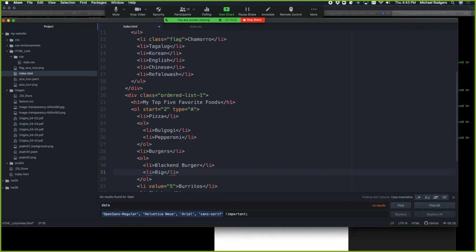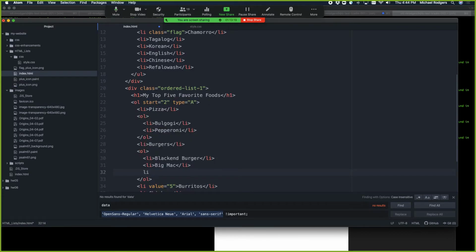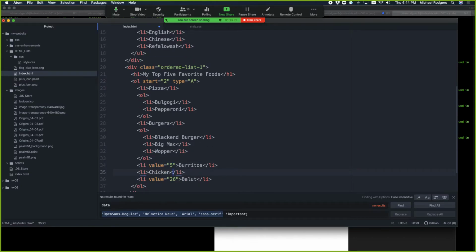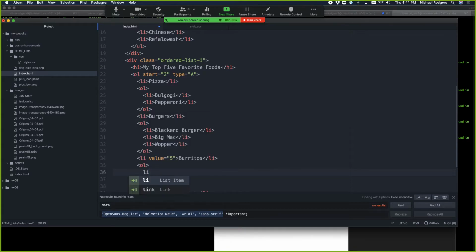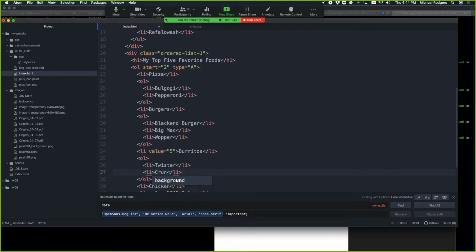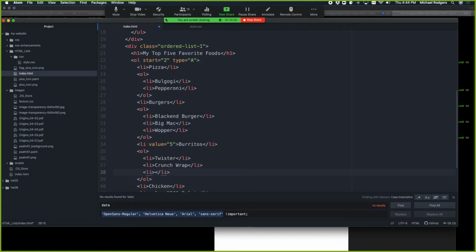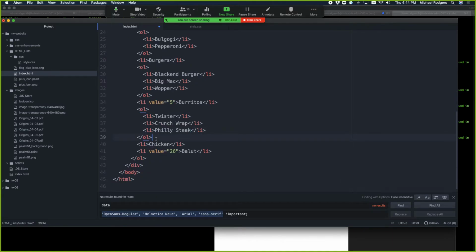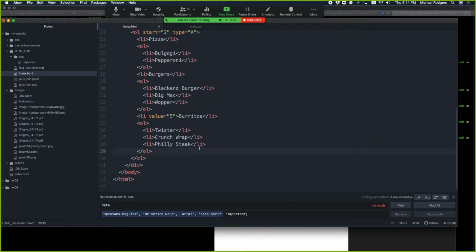And McDonald's has the Big Mac. Burger King has the, what is Burger King's? The Whopper. Yeah. All right, and then burritos. Twister? Okay. You eat a lot of Taco Bell, don't you? Philly steak. All right. I'm going to take off the bottom here just for the sake of time. Chicken and balut. I'm sorry if you're a fan of balut, but